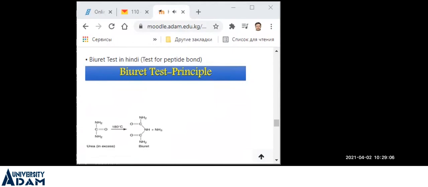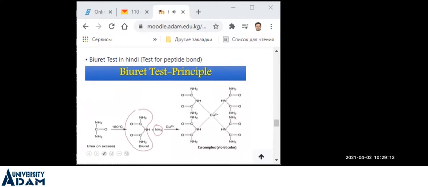जब हम यूरिया को 180 डिग्री पे गर्म करते हैं तो ये अमोनिया को निकालकर एक कंपाउंड बनाता है जिसको हम बोलते हैं बायूरेट। ये 4 मॉलिक्यूल ऑफ बायूरेट का नाइट्रोजन, जिसके पास लोन पेयर होता है, वो रिएक्ट करता है, कॉपर के साथ कॉम्प्लेक्स बनाता है। तो ये है वन बायूरेट, ये अनदर बायूरेट, ये थर्ड बायूरेट और ये फोर्थ बायूरेट।